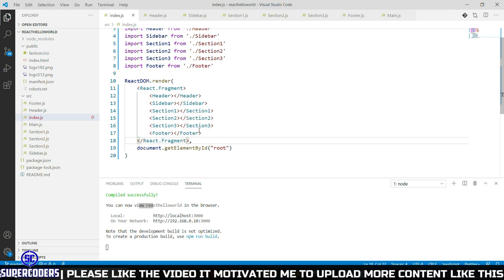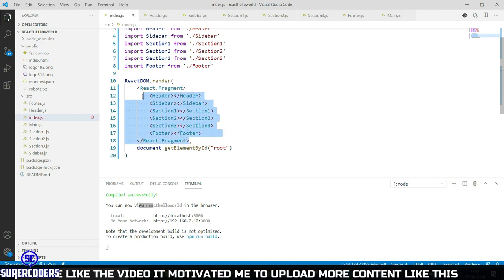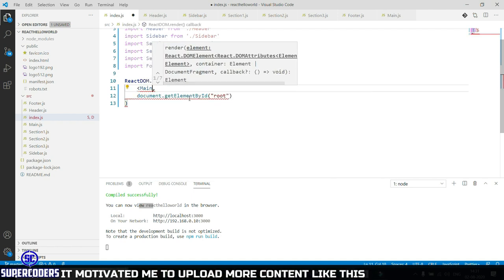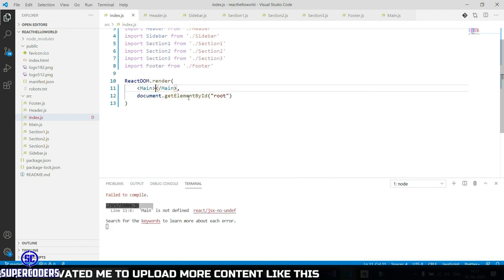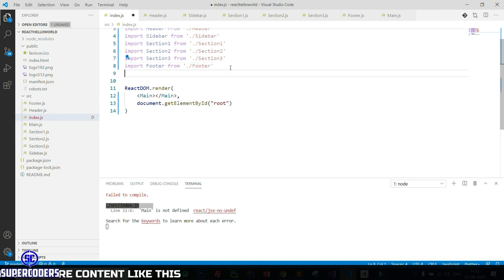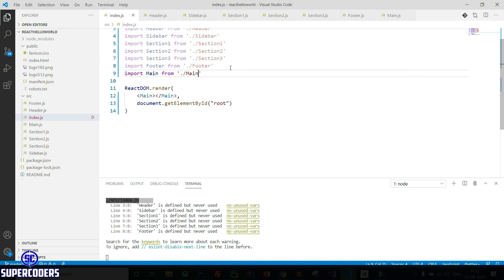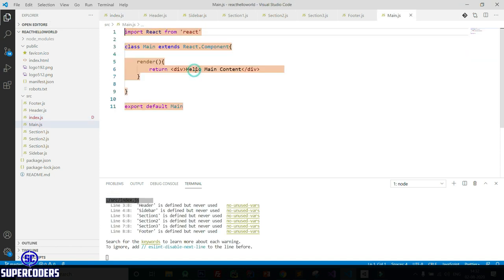So do one thing, copy this whole code and cut it, then add main. Okay, now import this main. So again import main from main, then in main just add this data.